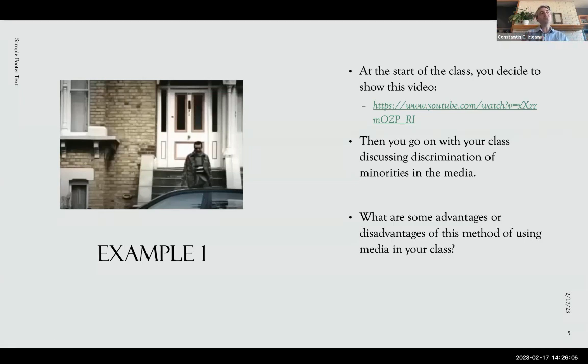So without that pre-activity, without addressing some of these topics ahead of time, maybe talking about how not to represent minorities in a clip, or how this ad uses humor in order to achieve a goal, and it's very poignant because of it, but it's also controversial, right? So how do we critique that? So you start with that, then you show the clip, then you have a discussion that is much more interesting,